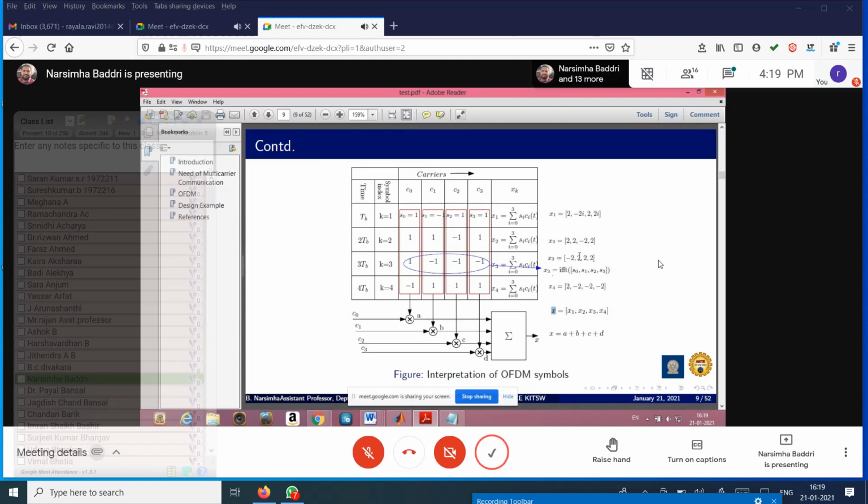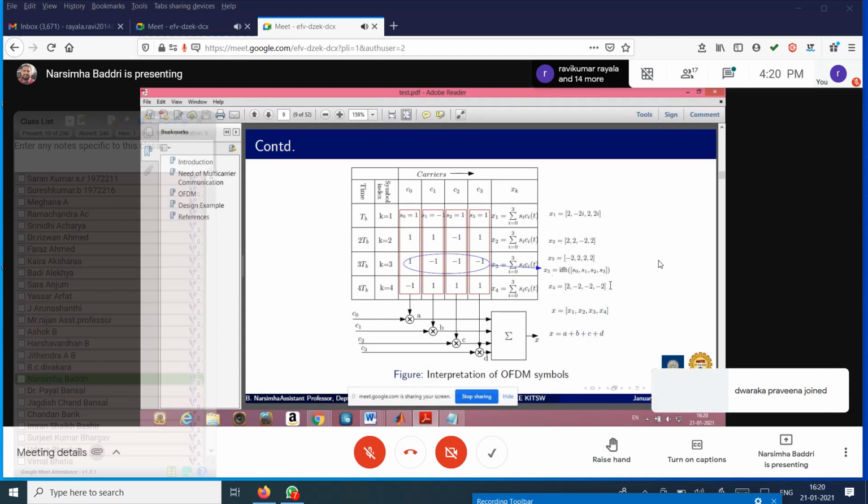So this is one way of representation. It is nothing but, when we are modulating with a carrier, it is equivalent to the inverse DFT operation or IFFT operation. So if you work row-wise, X1, X2, X3, X4 are simply IFFT operations on these rows. And if you see it column-wise, we perform individual modulation, C0 into S0 plus C1 into S1, like this. So all these IFFT outputs are arranged like this, and that is nothing but your transmitting signal.